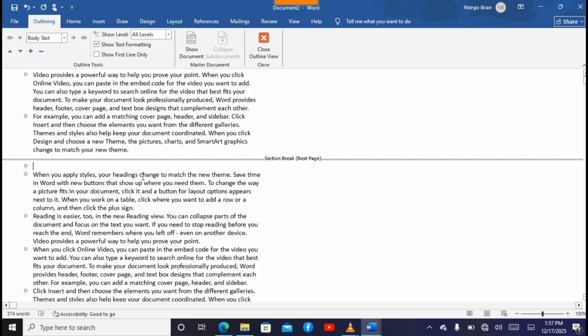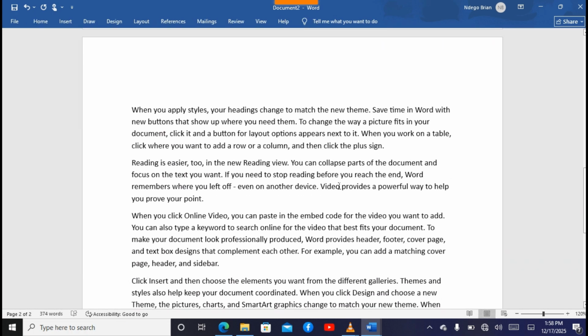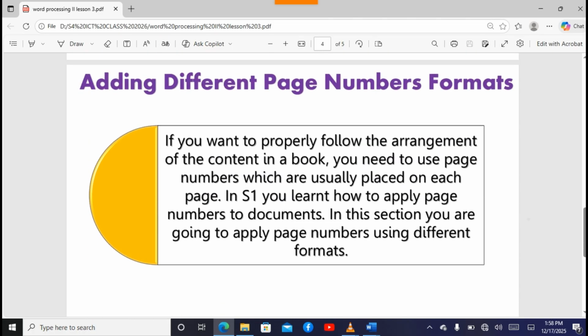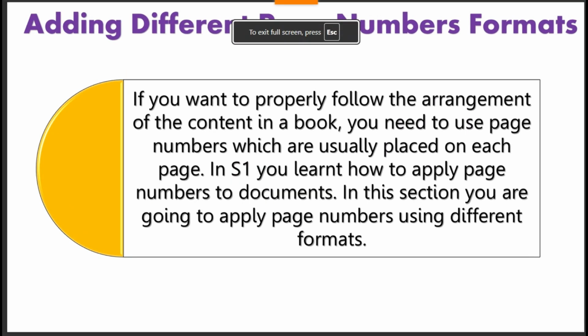You see, it means we broke now from this to this. You can see now. That is how we can view the so-called page breaks and the section breaks in now the MSc Word document. Now that is how we do that. Away from that, as I said, we are going to look at a couple of things, and then of course the next one is now adding page